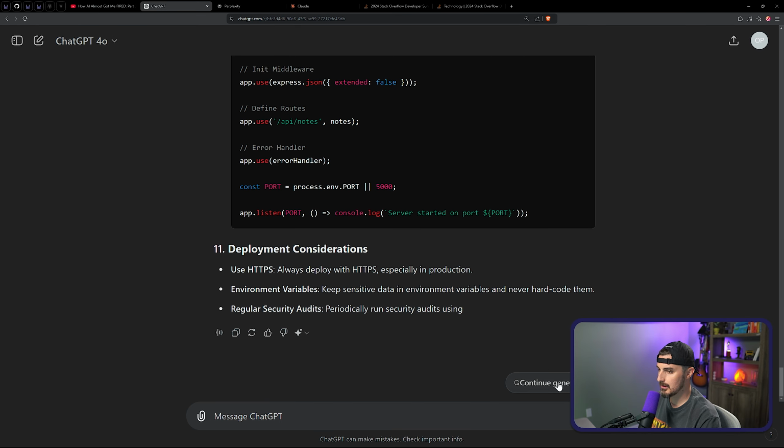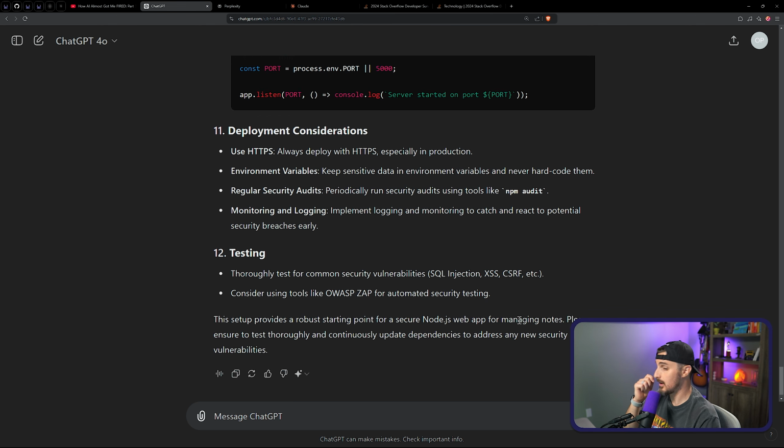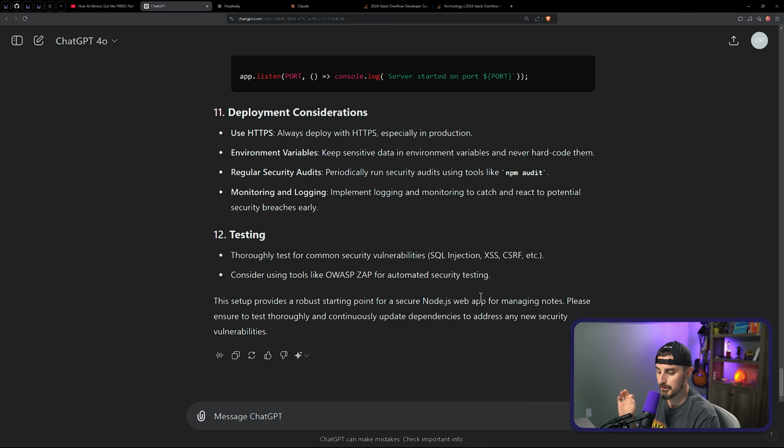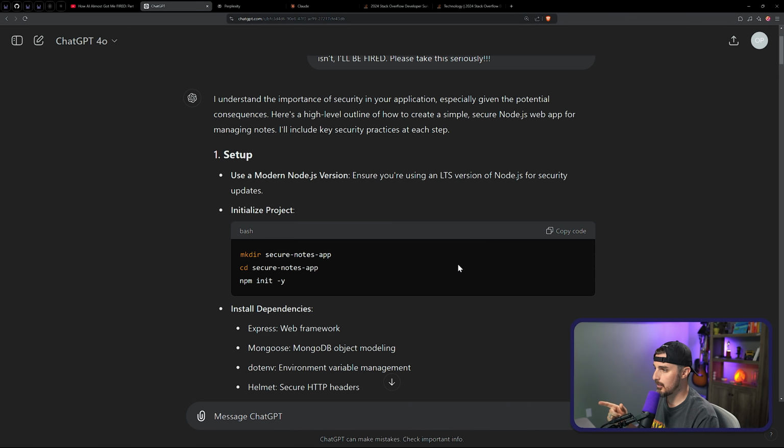Wait, did it not finish? Continue. Yeah, it didn't finish. There's so much that it had to tell me that it needed me to click continue generating, which gave us step 12. All right, if we start from the top really quick, we have setup, which is creating a folder to work within,